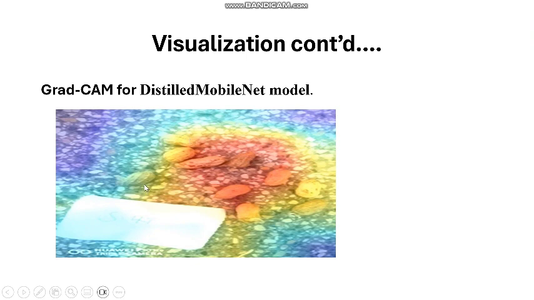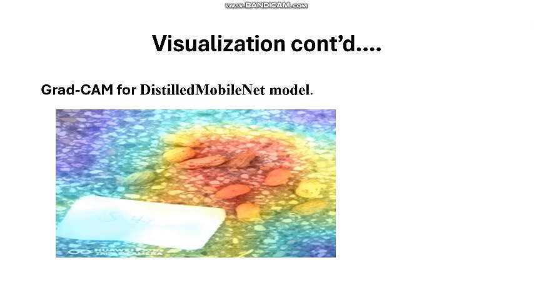We have red and yellow color regions, and then we have some green and blue colors. Red and yellow colors with Grad-CAM indicate the region where the model concentrated, the region that the model used for decision making. So with this visual, we can observe that the model concentrated on